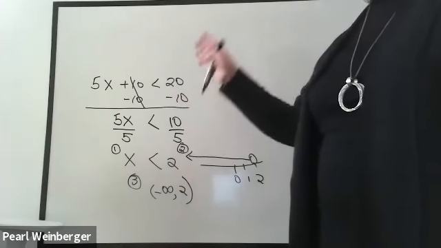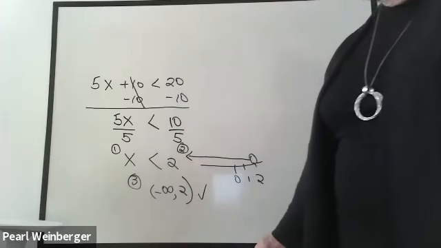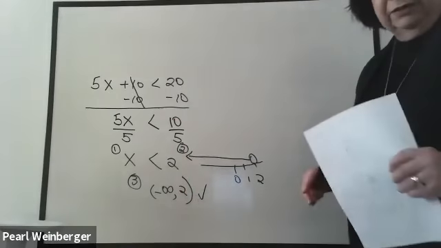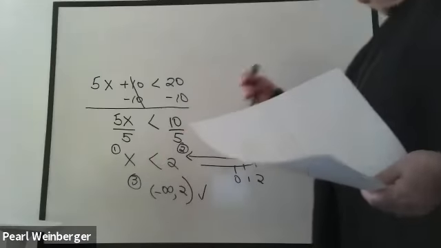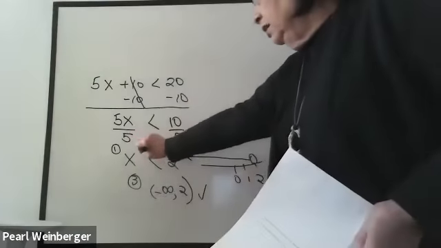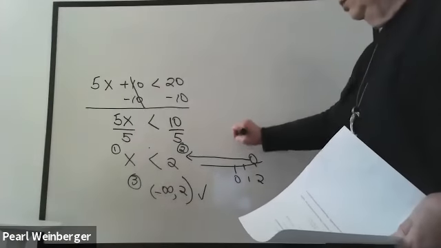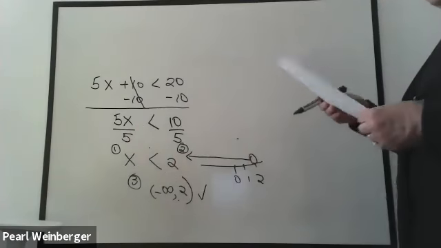Usually they'll ask you to give your answer in interval notation. This is probably the most common way that you're asked to give an answer though. But all 3 of these are correct ways of giving the answer: as an inequality, on the number line, and in interval notation. So here's another problem for